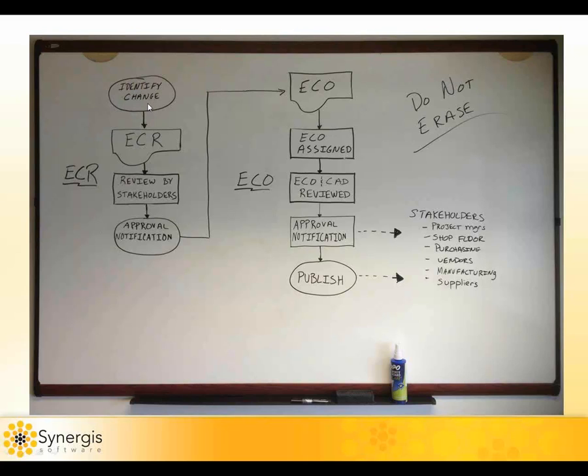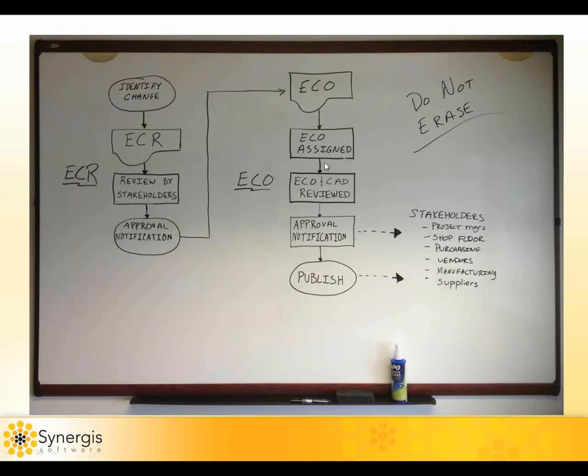supply those new parts. So the process we'll go through is that of the creation of an ECR, submitting that, how it gets reviewed by different stakeholders to make sure it's accurate, and then finally, when it's approved, who needs to be notified? How can we automate that? And on that notification, we'll notify our engineering manager, who will create an ECO or engineering change order, assign that